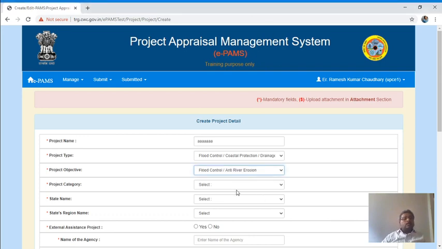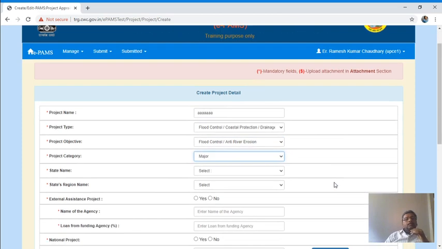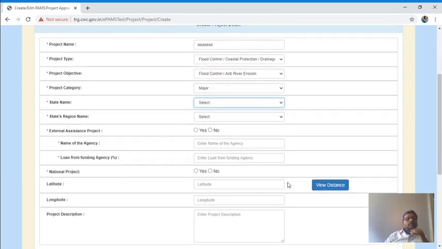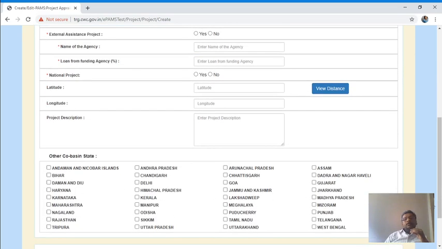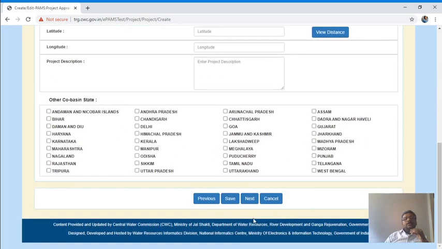Flood control: what is the project of, major, medium, minor, state, external assistance project yes or no, national project yes or no, and the other co-basin state. You save it and it will create the project.